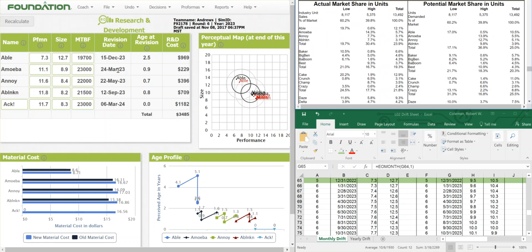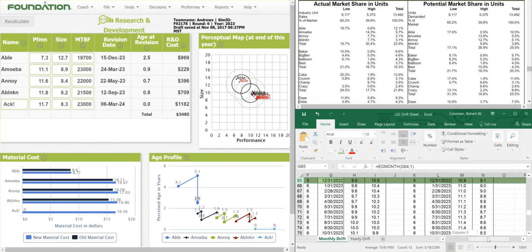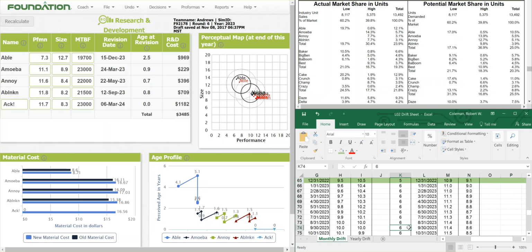When you know you're going to take the high-tech market, as I've pointed out, I've got my products all lined up so that in March, I've got a product that's on the leading edge. In May, I've got a product that's beyond the leading edge. In September, I've got another product beyond the leading edge. Now, it doesn't look like it, but at the time of the date that it comes out, it is ahead of the leading edge. Abe Lincoln is coming out in September, but it is set for, let me show you over here on the bottom corner in the right. So as it's coming out in September, which is right here,